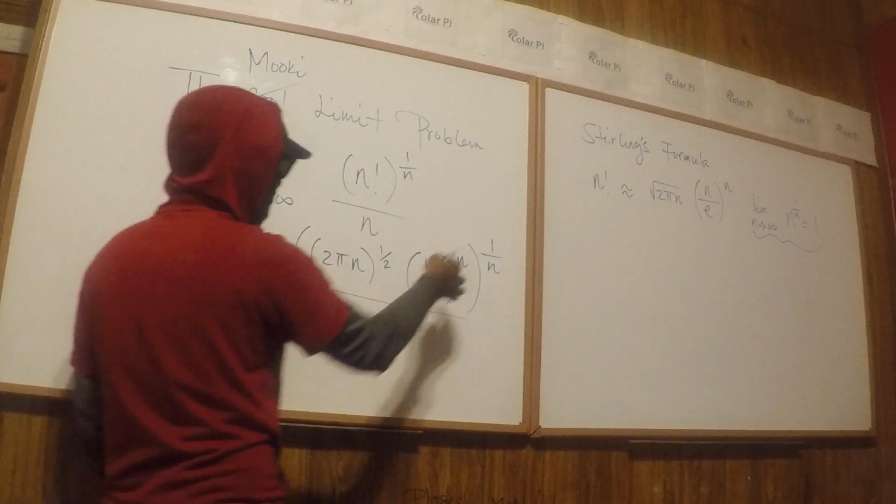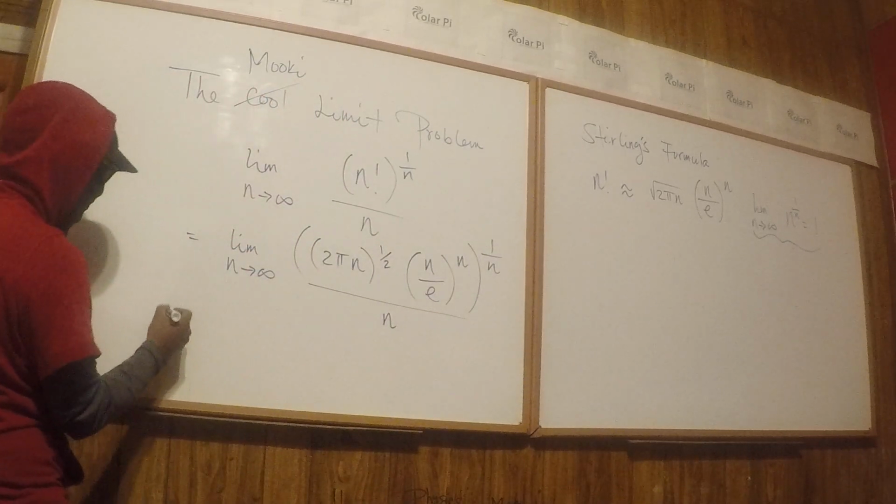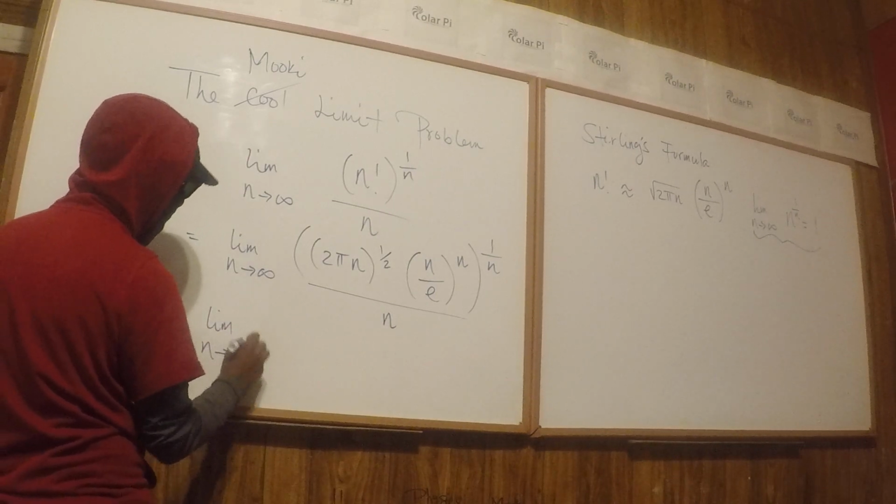So what do we do next? Well, we could use exponent rules and distribute this power here and there. If we do that, we have the limit as n goes to infinity of